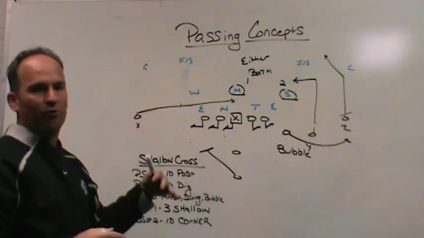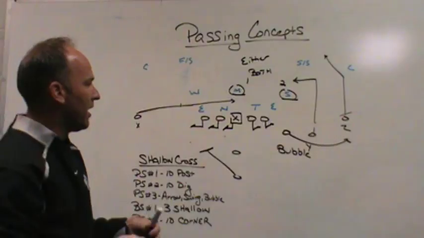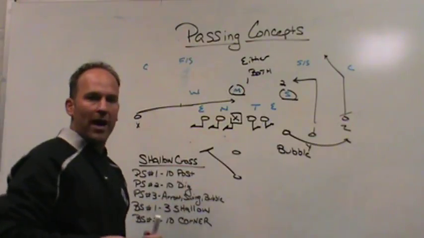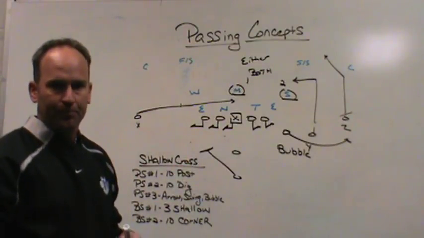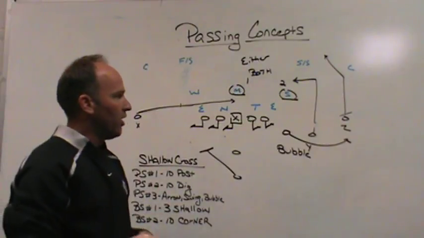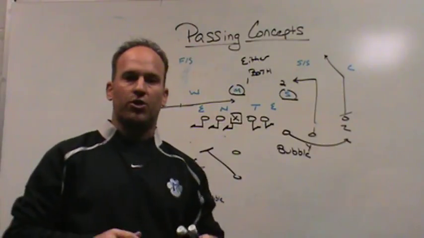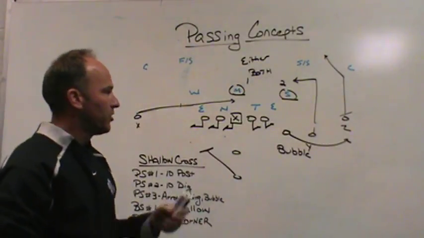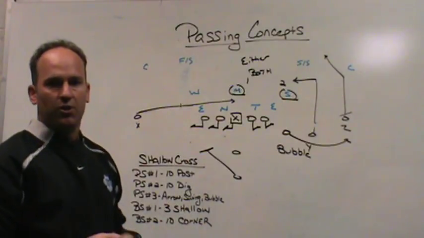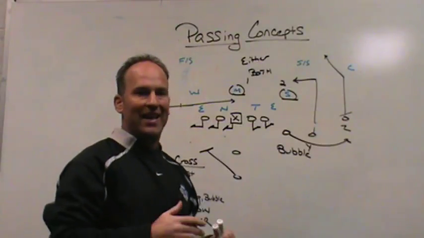So we have to account for 8-man fronts, 4 from a side, and we usually do that with our backs depending on what the backfield set is. Okay, so you can see there a shallow cross concept, maybe not the traditional shallow cross concept everybody runs. It works for us, it's easy to teach, we can teach it very quickly, and we can get it done